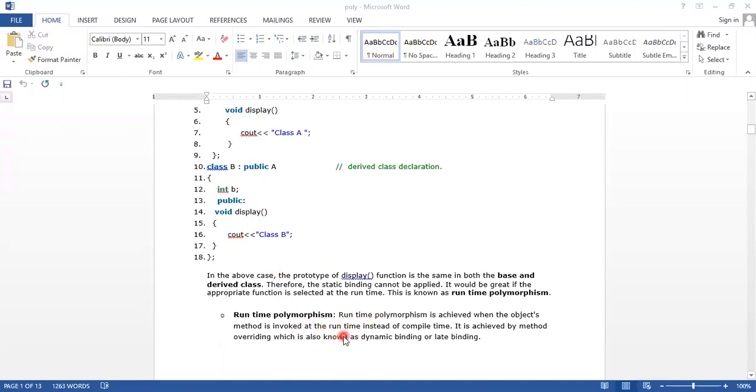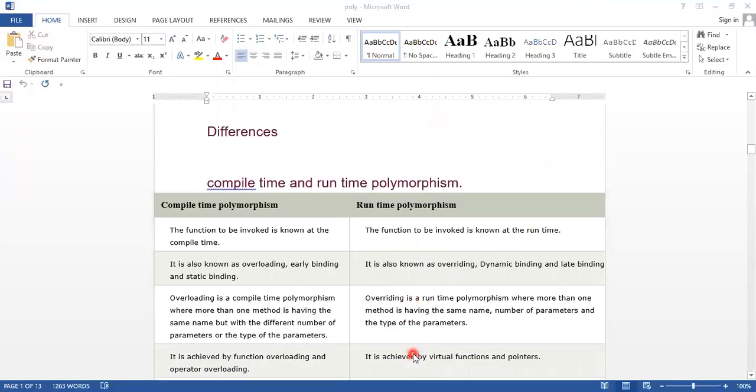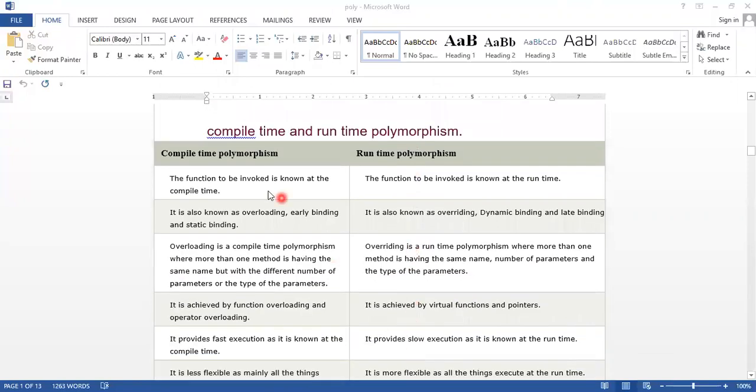Runtime polymorphism is achieved when the object's method is invoked at run time instead of compile time. It is achieved by method overriding, which is also known as dynamic binding or late binding. So these are the differences between compile time and runtime polymorphism, that is, static and dynamic polymorphism.